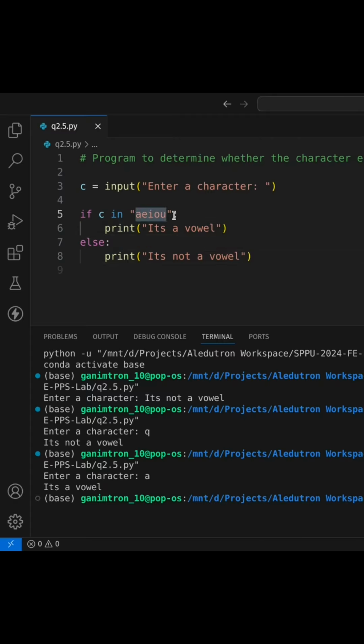Similarly, instead of giving this as a string, we can also specify it as a string of characters. Something like, let me add a comment. So A, E, and something like that. All the vowels, and then I can test it. So this would be how we can do it.